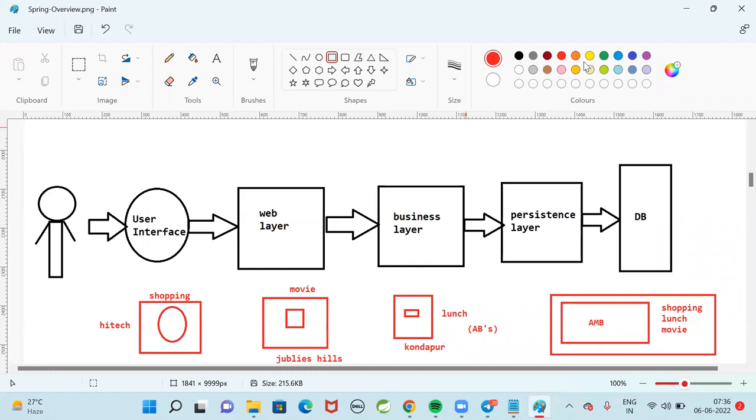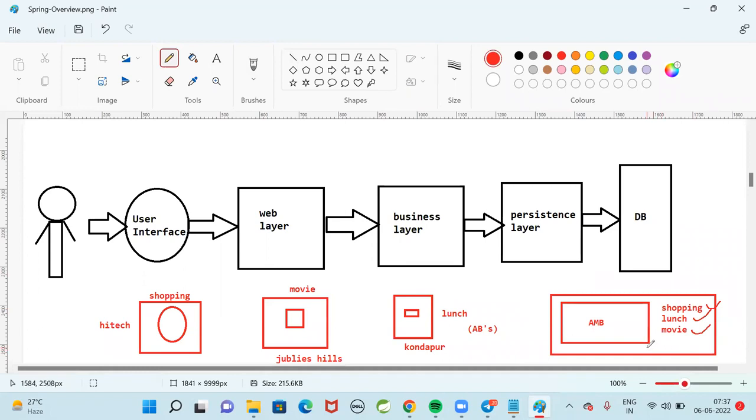Yes or no? Nowadays, which one will people prefer? Will they prefer this approach or that approach? The mall approach they are going to prefer, three in one. You can do the shopping there, you can have lunch, and you can watch a movie also. Your weekend will be completed, and you can come back to your home.